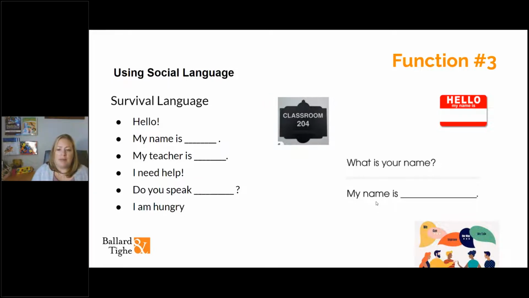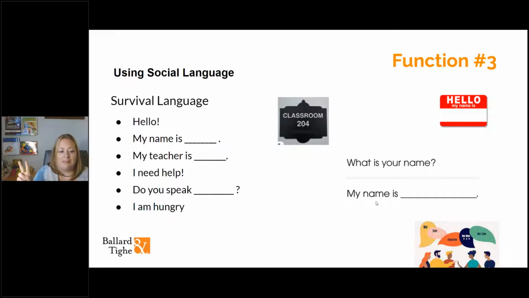I always think back to my little kids that have zero language, and recess, restroom breaks, whatever, they seem to get separated from their classroom at least once, right? You know their name and their teacher's name. You can get them back to where they need to be, right? So when you have little people, it can quickly be confusing for them to get lost in a big building or whatever if they get separated. So knowing their name is one of the most important things that you can do in a school day,